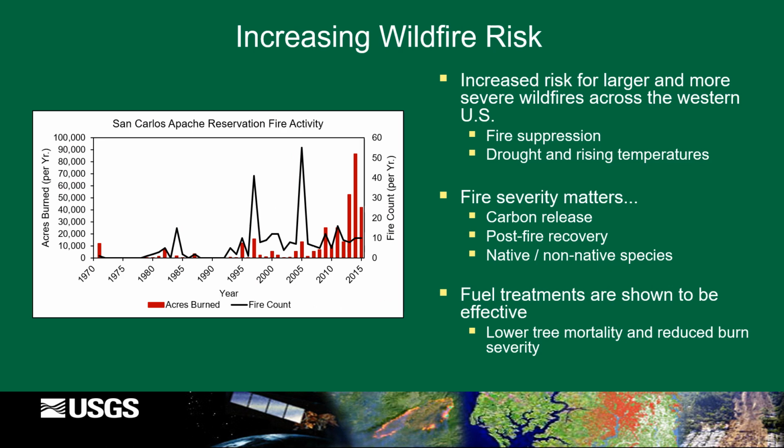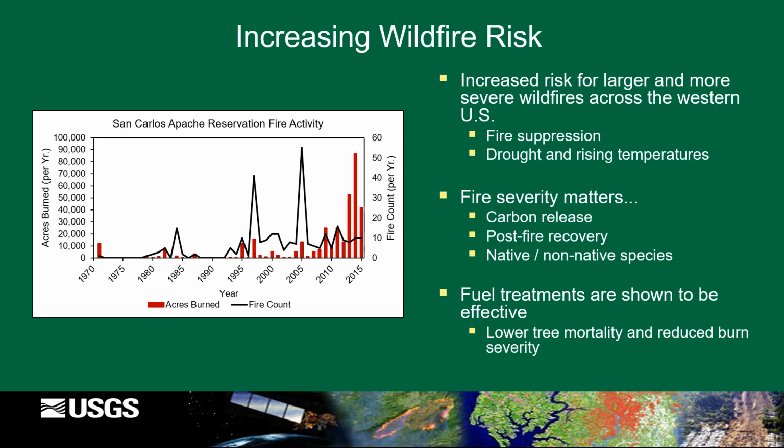One of the primary resource management challenges within the San Carlos Apache Reservation, and truly extending throughout the entire western and southwestern United States, is a growing risk for larger and more severe wildfires over the past several decades. Though this graph is slightly outdated, both the numbers of fires and overall burned area is increasing generally year to year, and many factors are driving this, including a long history of fire suppression throughout our forests, as well as drought, changes in seasonality, for example, earlier springs or longer summers, and rising temperatures.